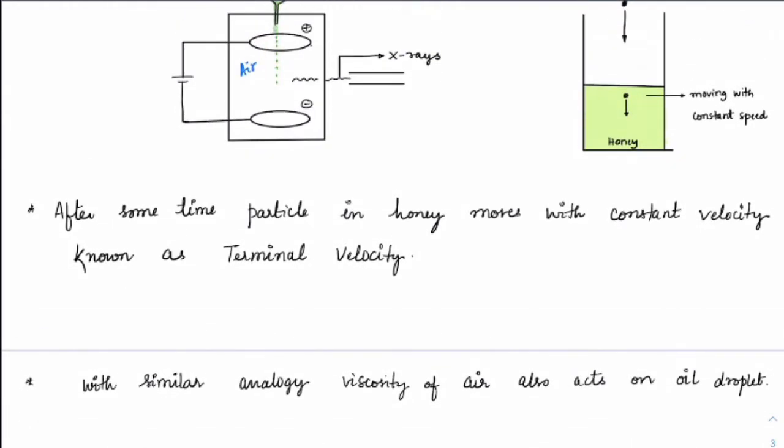See, first of all, if an oil drop attains a constant speed, that speed is called terminal velocity. Got it? Remember that the speed is called terminal velocity. So in JEE 2010, it was directly asked what is the terminal velocity. So you should understand that it is the constant velocity which an oil drop will attain as it goes through a viscous air. Got it?